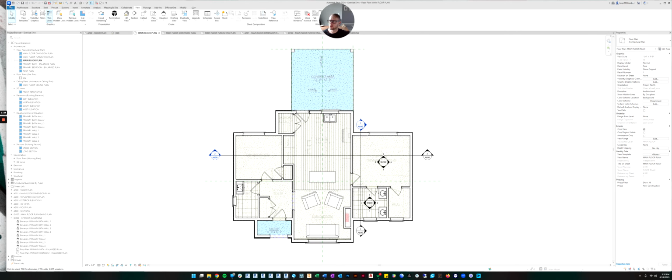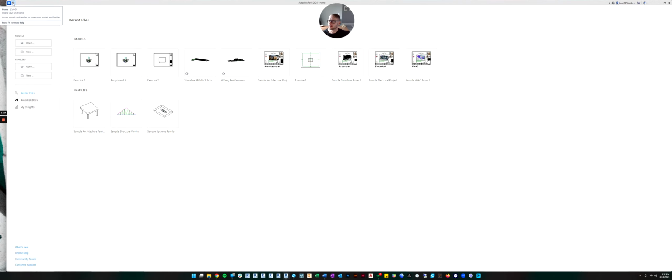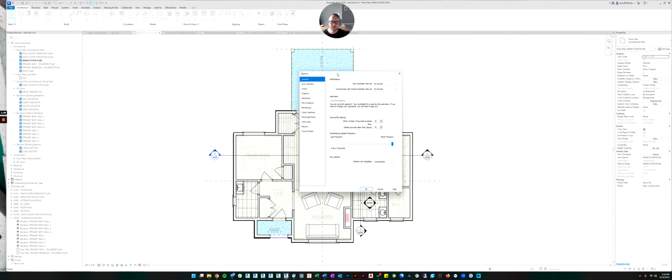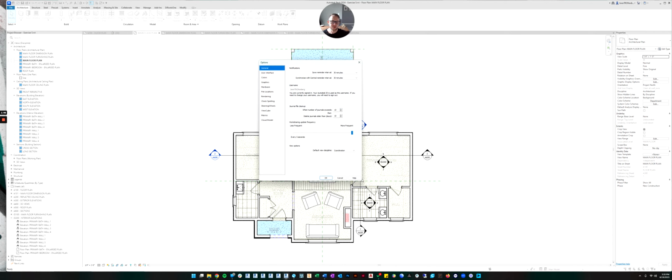And if you go over to the Revit home button, sorry, not the Revit home button, the file button, click file. And if you scroll down to the bottom and look here, there's something called options. If you click in there, this is where you can control a lot of the main features for the program. You can experiment in here with all of these settings if you'd like, but something I like to use a lot are the keyboard shortcuts.